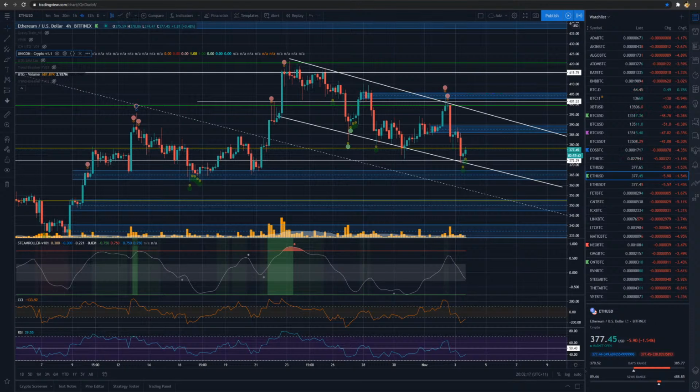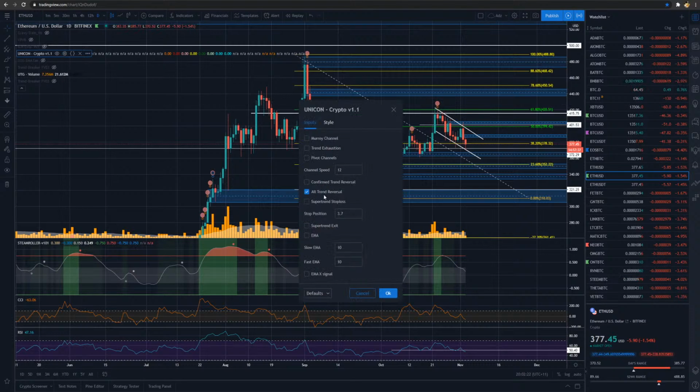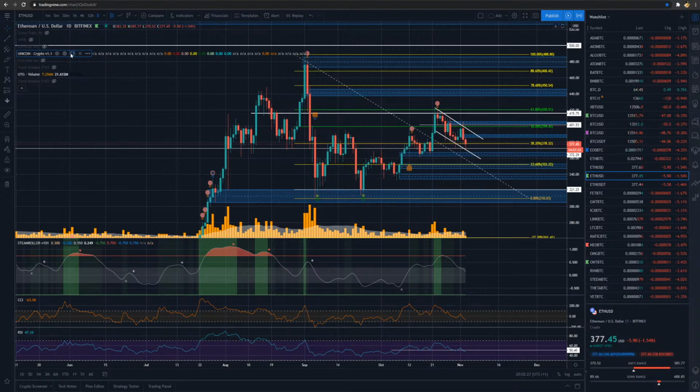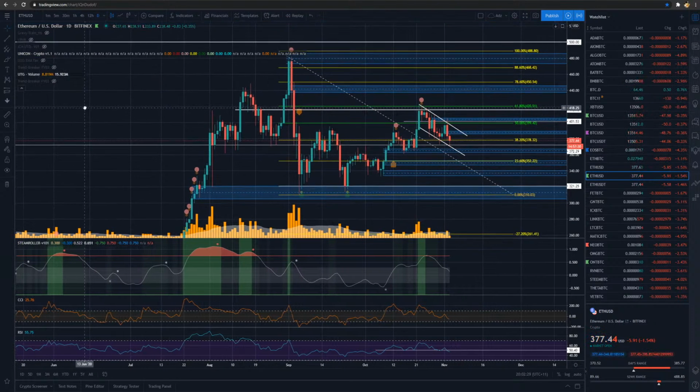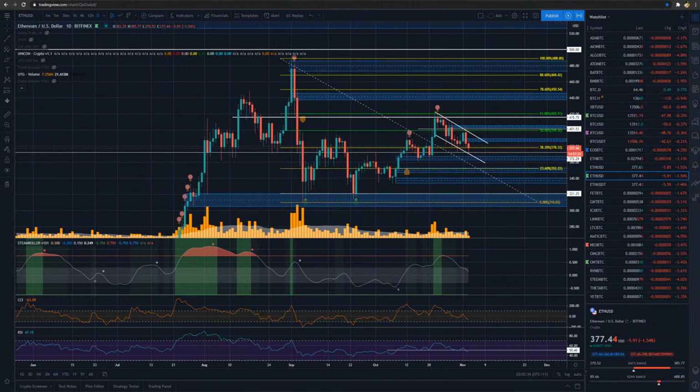If we go to our daily time frame and then put our all trend reversal on, our super trend exit as well. Sorry, yeah. And I pointed this out a couple of times in the last few weeks, but for those guys who do have our pro or premium trade packs and aren't utilizing Unicon in this way, from a macro scale, we never rely on one indicator, that would just be foolish. But looking at the validity of what our super trend exits are telling us, our all trend reversals here, when we had that double bottom, our super trend, and the divergence that has given us at every single top,